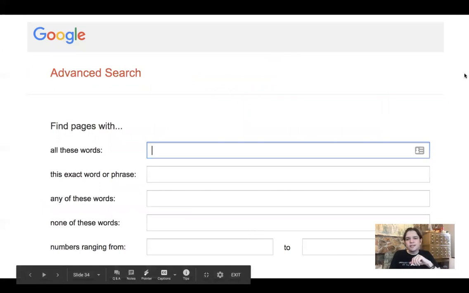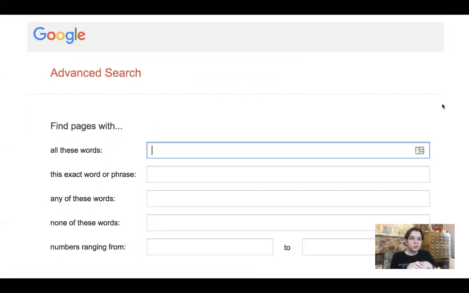And just so you know, these things are not limited to library world. They exist out in the real world. Google has an advanced search feature, and these things apply here too. So where it says all these words, that's their way of saying and. Where it says this exact word or phrase, that was the phrase searching I was talking about with quotes. And in this instance, if you were to type University of the Arts in there without quotes,